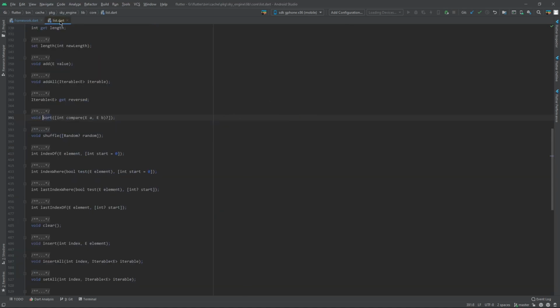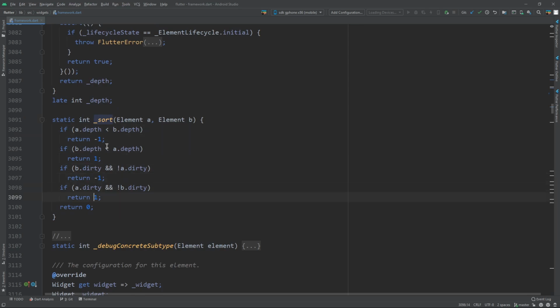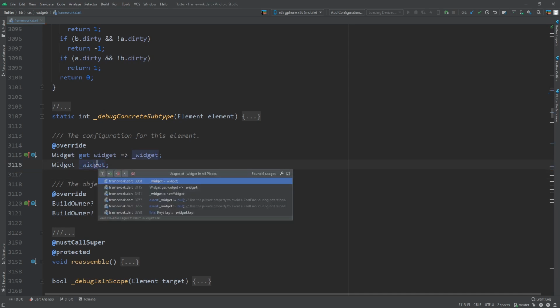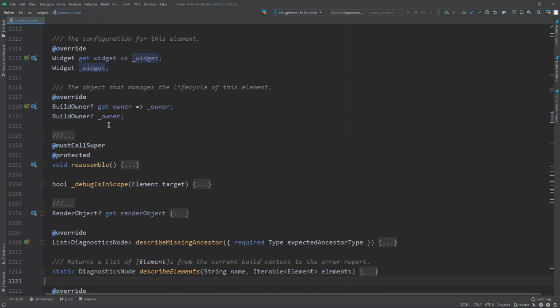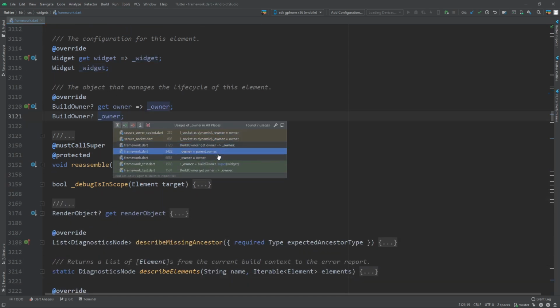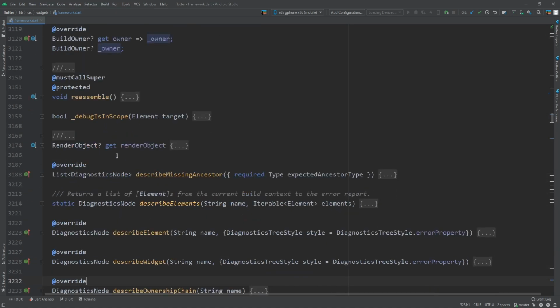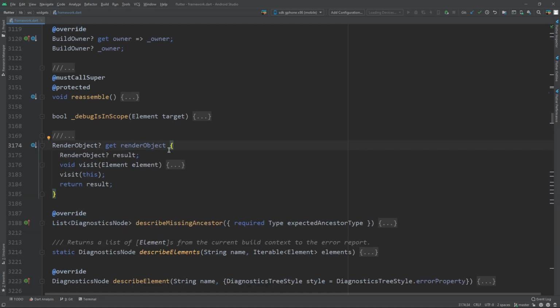Right. Wrong one. I want to go back here. And then again, we have the widget implementation, which we took a look at. When we update our element, or when the element is created, the owner is set during mounting. And then there's just some lifecycle stuff. Right. The next interesting one is the render object,